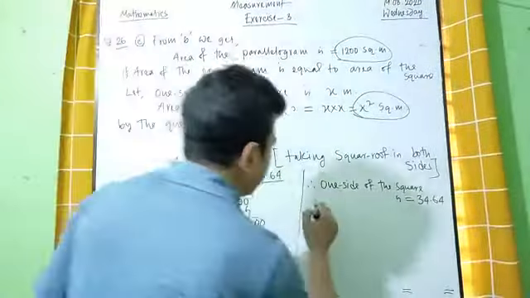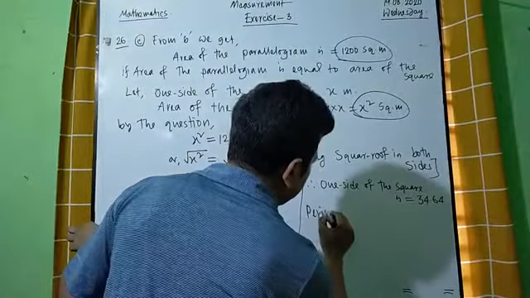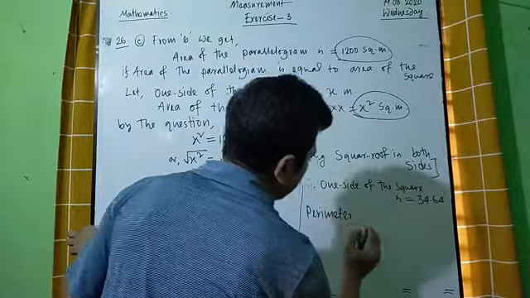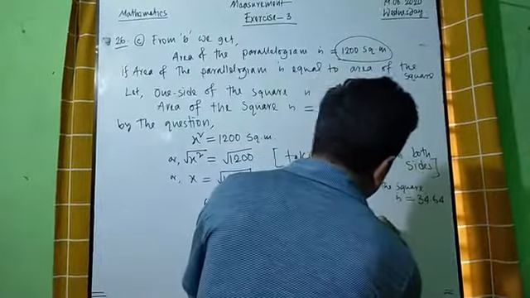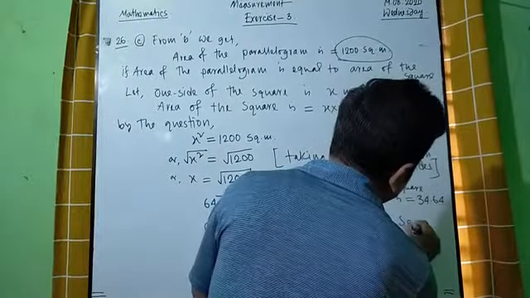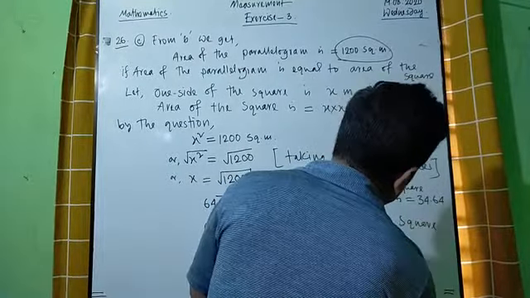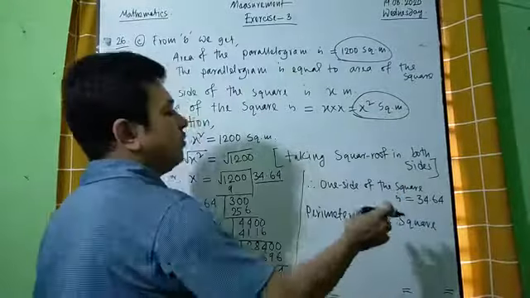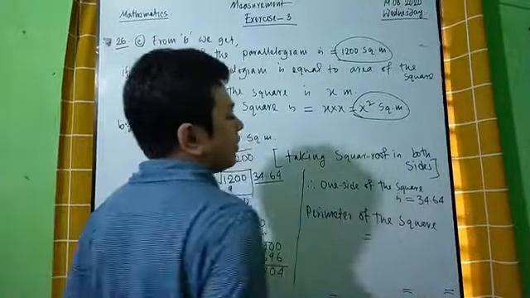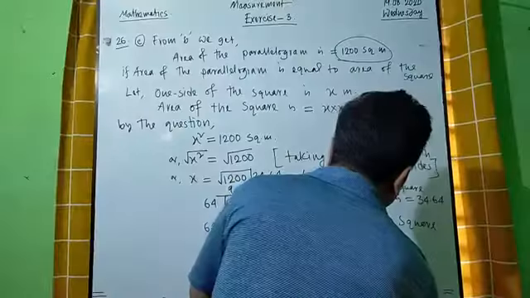So perimeter of the square equals 4 times of this amount. Okay, so 4 times of